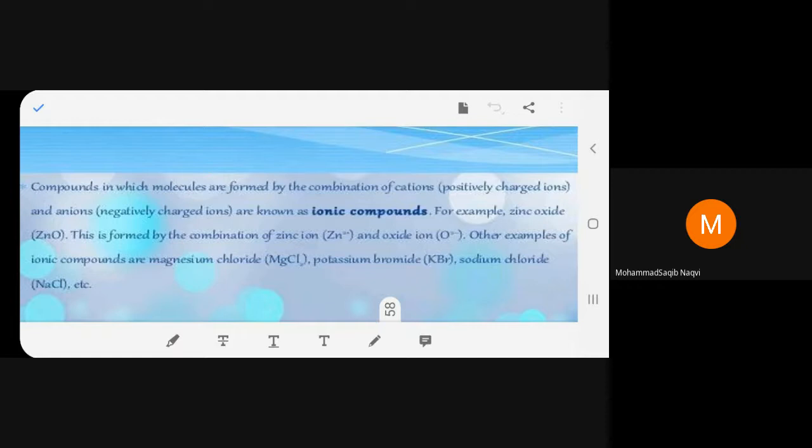Compounds in which molecules are formed by the combination of cation, positively charged ions, and anions, negatively charged ions, are known as ionic compounds. For example, zinc oxide, ZnO. This is formed by the combination of zinc